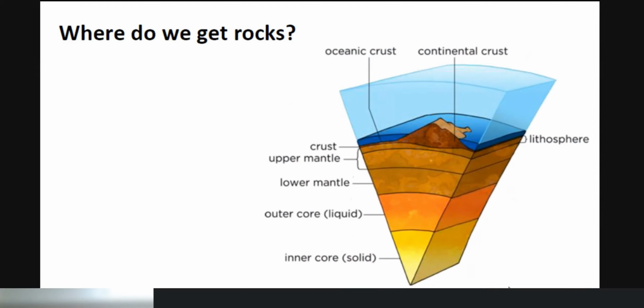We use marbles, sandstone, and other rocks in different architectural sites. Like we have used Makrana marbles in many famous Indian architectural sites, Taj Mahal and others. We have used red sandstone in our Red Fort. So let's see how these stones have been made naturally through the earth. Okay, so this is a cross section of our earth.